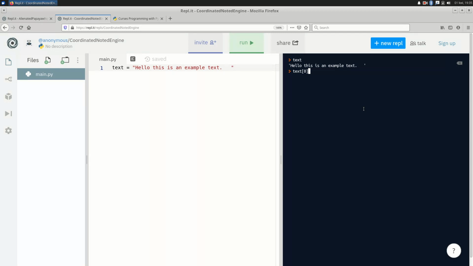The 0th letter is the H at the beginning, so when I press enter it tells me H. You can probably guess that if I do text[1] in square brackets like that, the answer is going to be E. This is really useful because it means that I can break up a string of text into its individual letters, and we're going to have a look at how we can use that to create some interesting effects